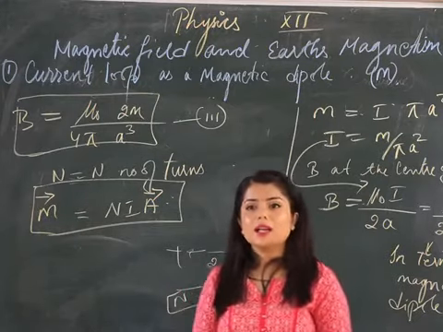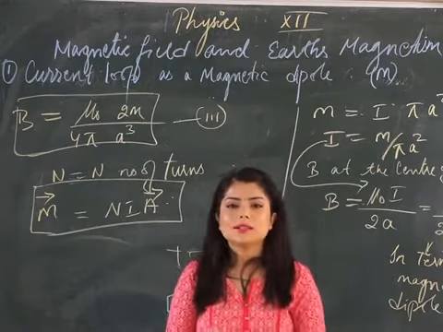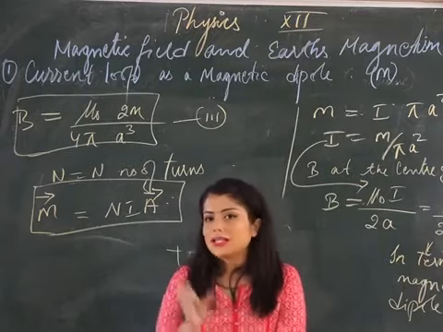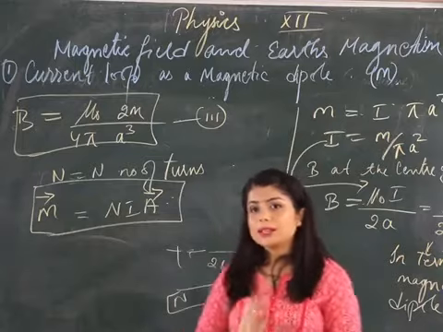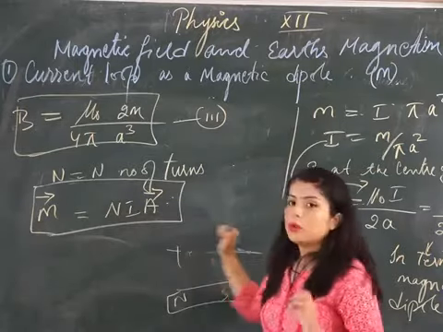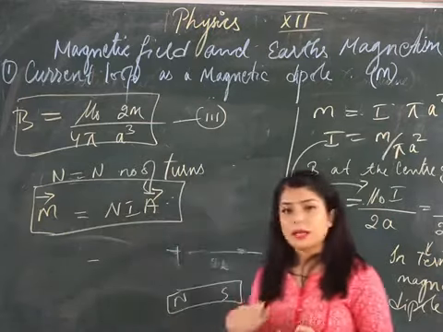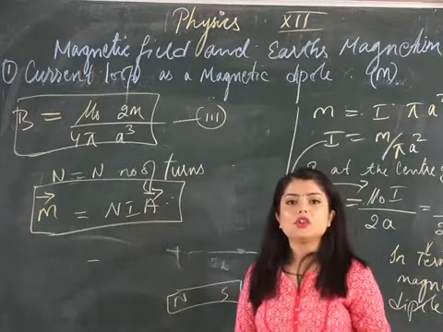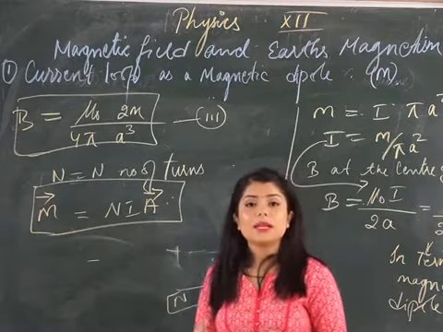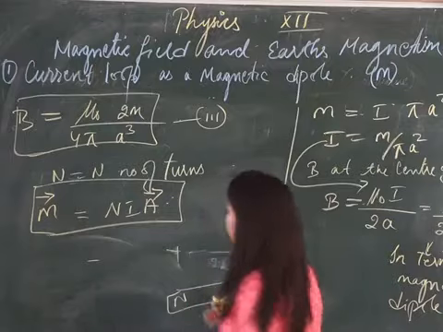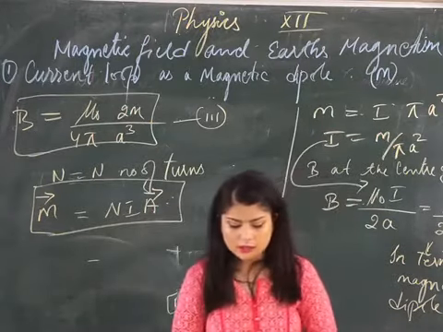That means a magnet consists of two poles, north and south. It cannot individually consist of one pole. It cannot only be a south pole. Whereas in an electric dipole, it can exist as only positive charge, or only negative charge. But in a magnetic dipole, an individual pole cannot exist. So a magnet itself is a magnetic dipole. This is just to relate it with the equation of electric dipole.